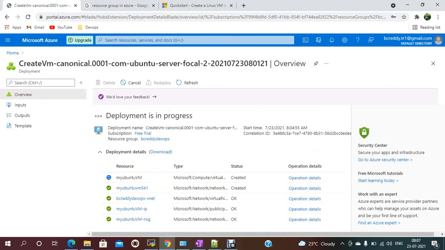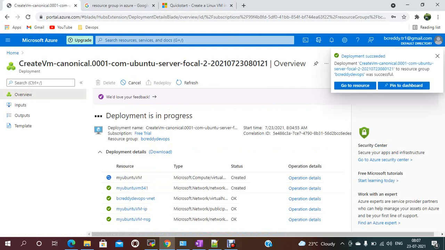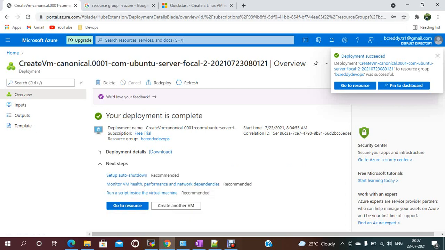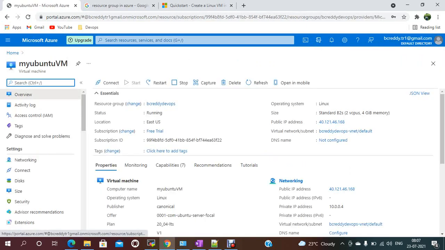So let's check the status. Deployment is still in progress. Now the deployment is successful. If you go to resources, this is my VM.